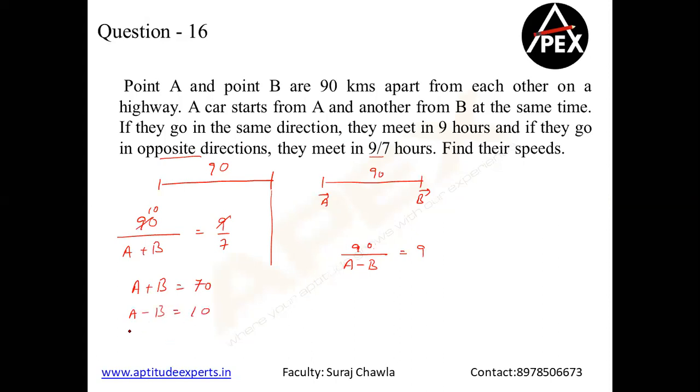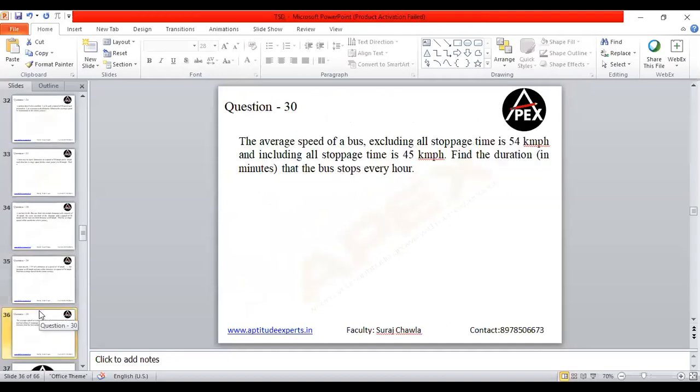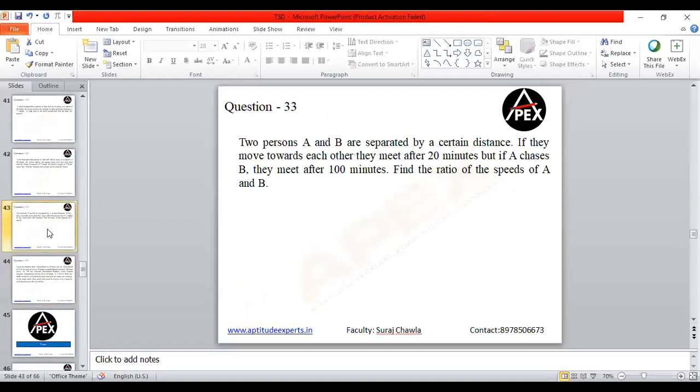Clear? So we have A plus B is equal to 70 and A minus B is equal to 10. We get 2A is equal to 80, or A is equal to 40. If A is equal to 40, B is equal to 30. Now is this point clear with all of us, guys? This is a very simple question for relative speed, okay? Now let's get back to our question. I guess we have done this. Yeah, we are looking at this, right? Okay, let's complete it.